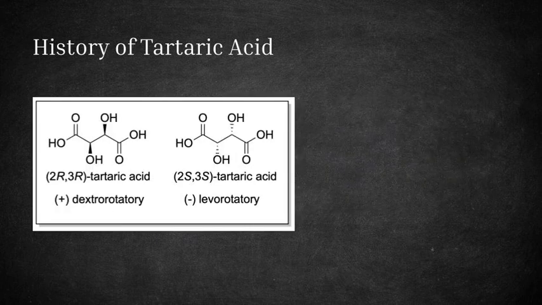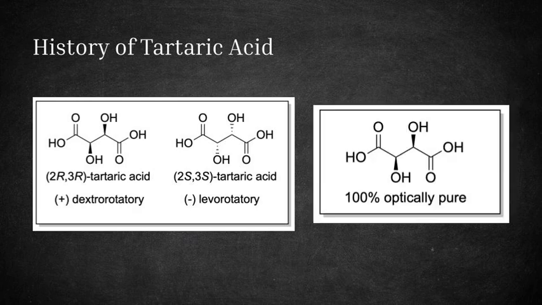What we now know as the 2R3R enantiomer formed right-handed crystals and was dextrorotatory, labeled as plus, meaning it rotated plane polarized light to the right. Meanwhile, the 2S3S enantiomer formed left-handed crystals and was levorotatory, labeled as minus, rotating plane polarized light to the left by the same amount. A mixture containing only a single enantiomer is referred to as optically pure, since it results